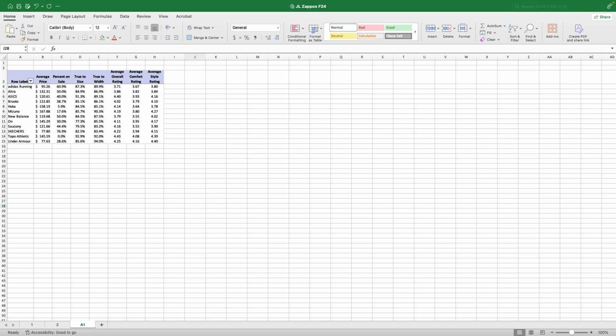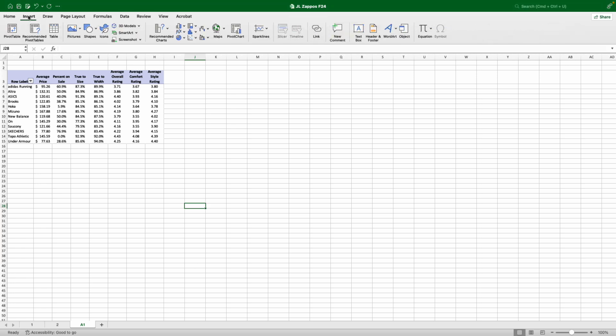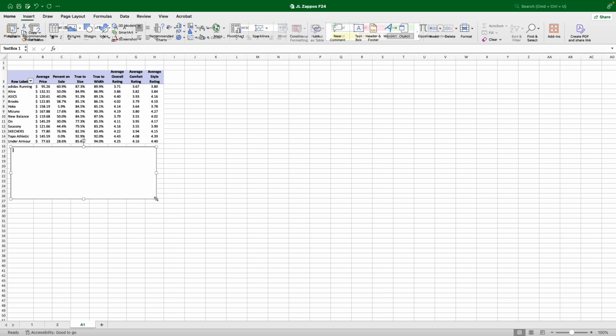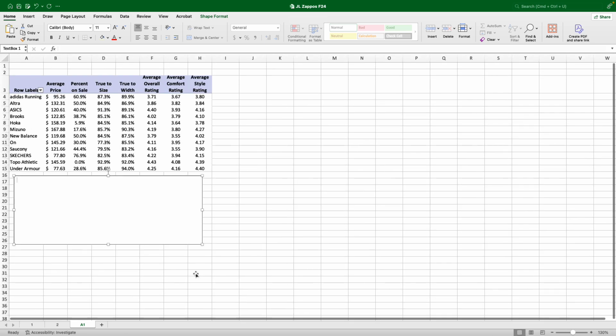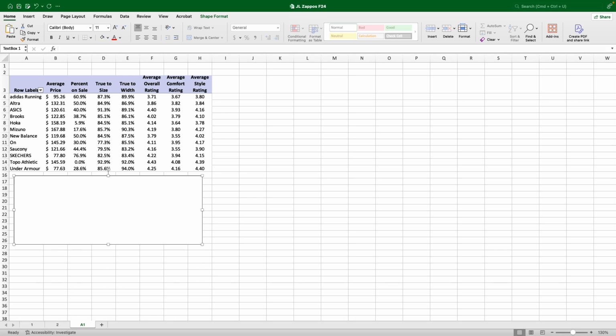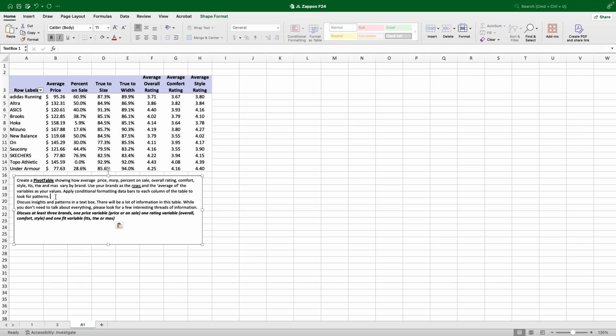So before I figure out what my next step is, I'm going to introduce you to one of my favorite things, which is inserting a text box. And if I'm in a spreadsheet and I know I've got a list of things that I want to think about or to talk about or address, I will take my instructions out of my description, project description, or whatever I'm trying to work on, and I will copy and paste them